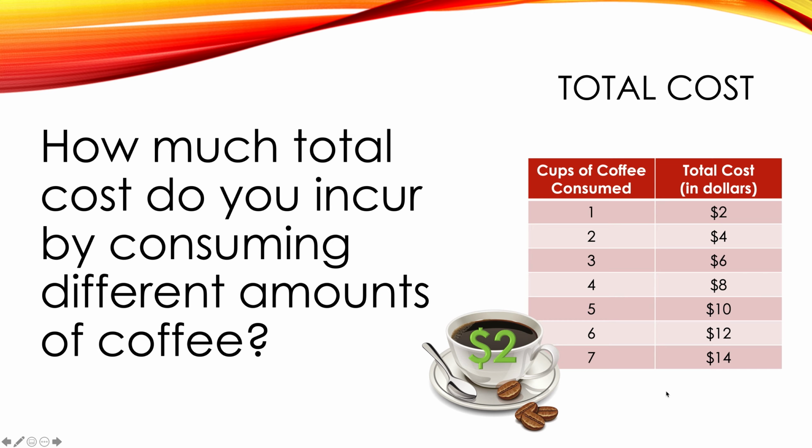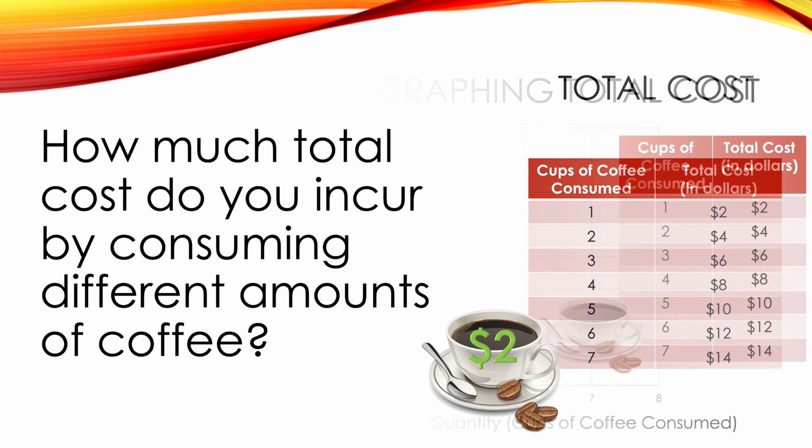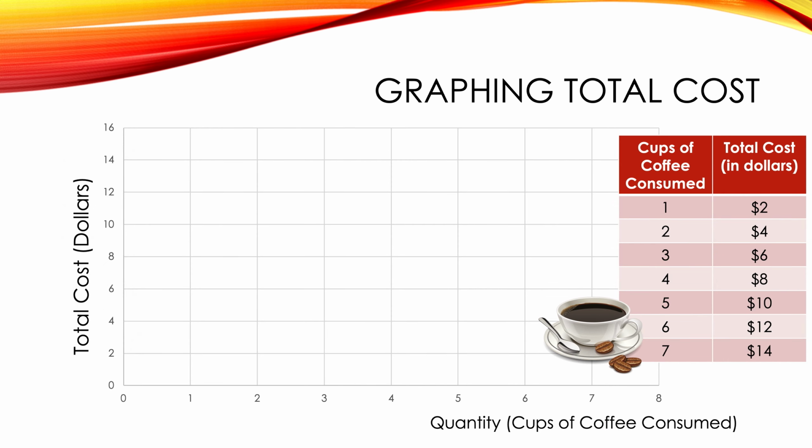And one of the things we do quite a bit in economics is we graph stuff. So to graph total cost, I put the table over there to the right just to make it easy, and we'll just graph all these points. So our x-axis is going to be quantity measured in cups of coffee consumed, in other words, the first column of our table. And our y-axis over here, that's going to be total cost measured, of course, in dollars. And so our first point is going to be 1 as an x value and 2 as a y value. That puts us right here to plot that first point from the table, 1 and 2.